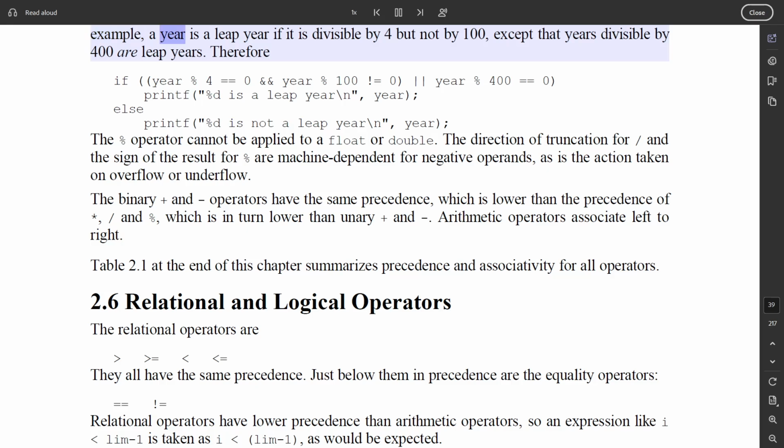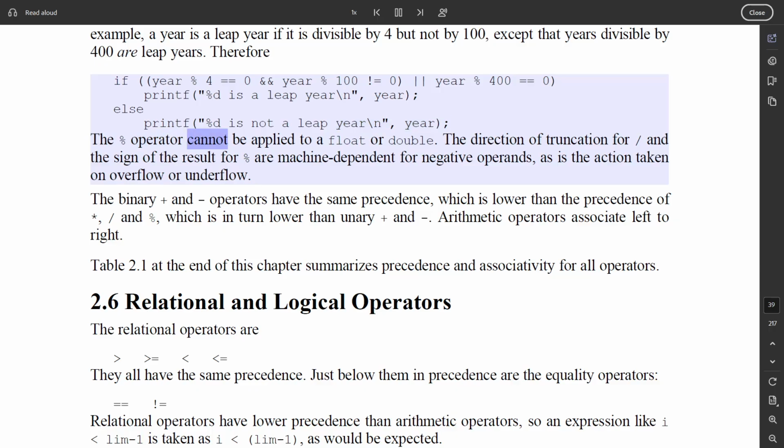For example, a year is a leap year if it is divisible by 4 but not by 100, except that years divisible by 400 are leap years. Therefore, if ((year % 4 == 0 && year % 100 != 0) || year % 400 == 0) printf("%d is a leap year\n", year); else printf("%d is not a leap year\n", year);